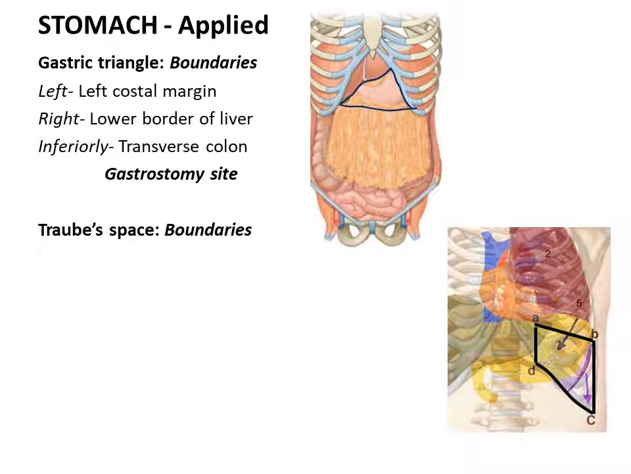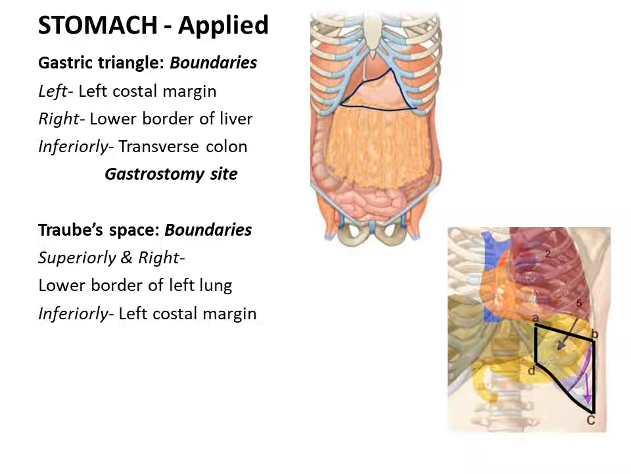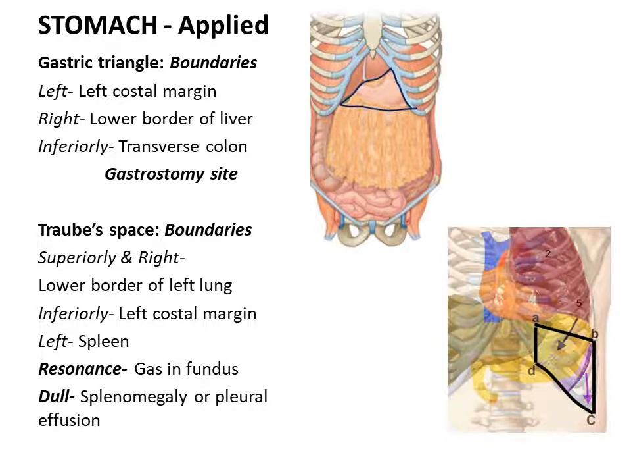Traube's space is a topographic area which overlies the fundus of the stomach. It is bounded superiorly and to the right by the lower border of the left lung, inferiorly by the left costal margin, and to the left lies the spleen. This area overlies the fundus of the stomach which contains gas, hence normally it is resonant on percussion. However, in case of a dull note on percussion, it means an abnormality of the adjoining structures, for example, splenomegaly